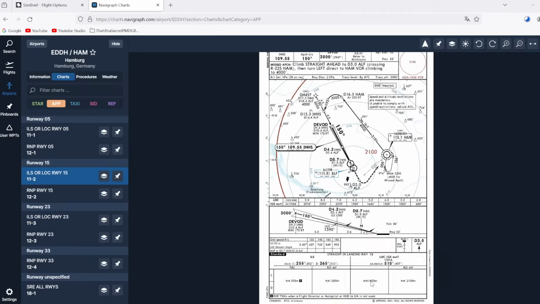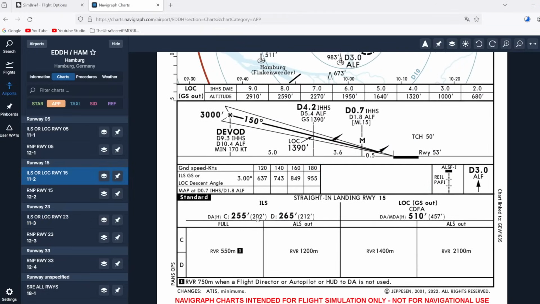Now let's quickly have a look at the other approach, and that one down here is, again, NOTAMs taken into consideration. When a flight director or autopilot or HUD to decision altitude is not used, well, we do use a flight director, so we can take 550 meters RVR. In other words, we now need 550 meters plus 300 meters, so we end up with 850 meters RVR for our planning minima for Hamburg. So in order to be legal to use Hamburg as an alternate aerodrome, we need at least a 400-foot cloud ceiling